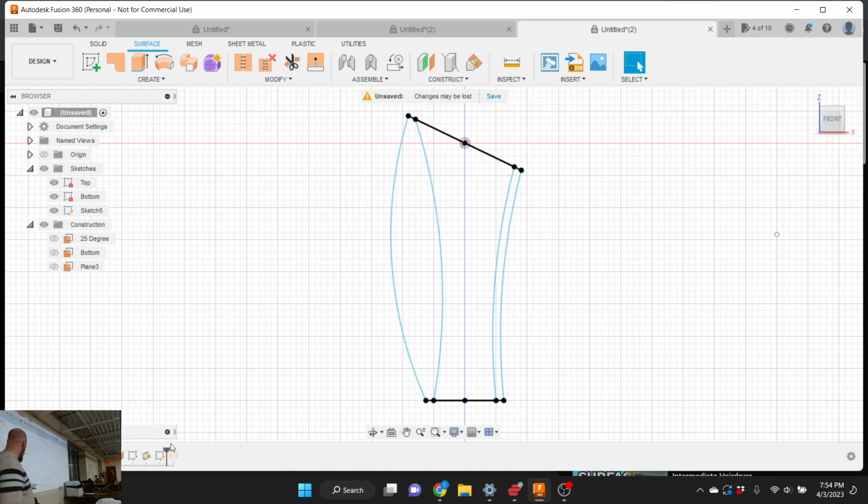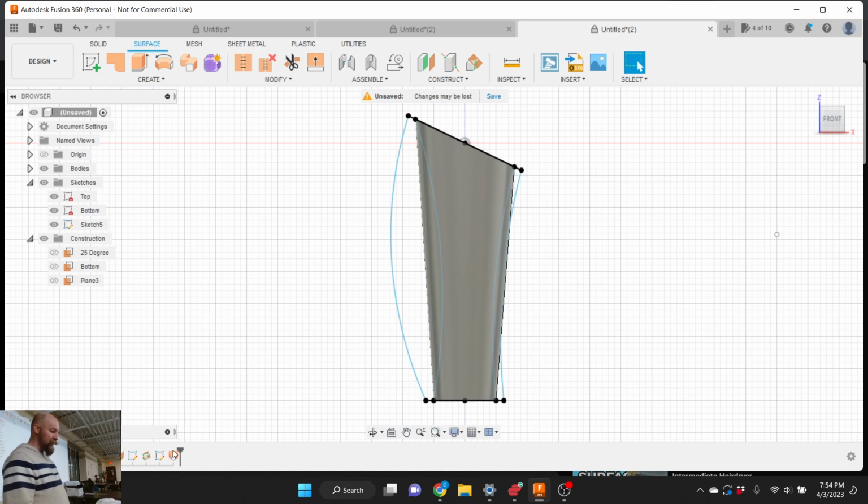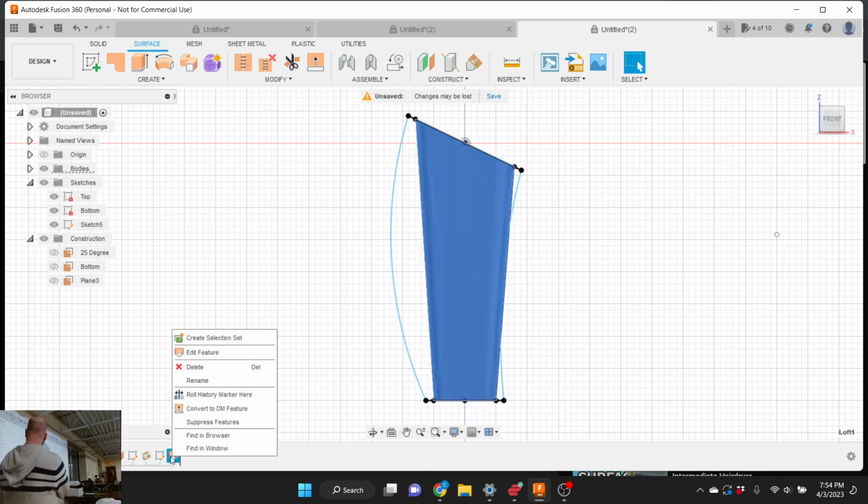Remember way back at the beginning of class, we went back in time before our loft. I'm going to take my playhead and drag it to after my loft tool here now. So my loft is back into place, but we've also got our paths drawn. So now, if we choose to edit that loft feature,